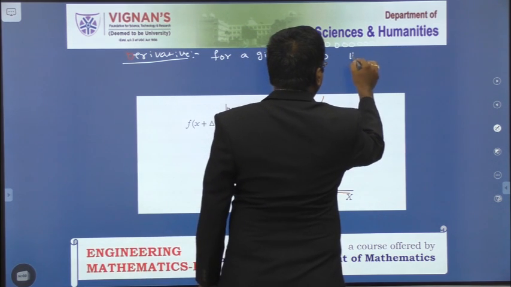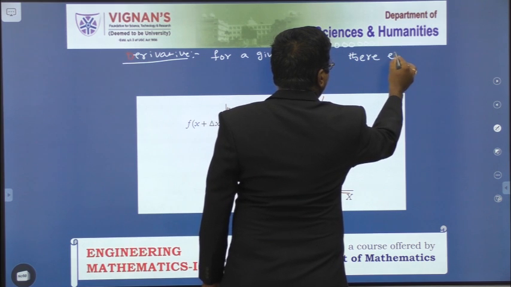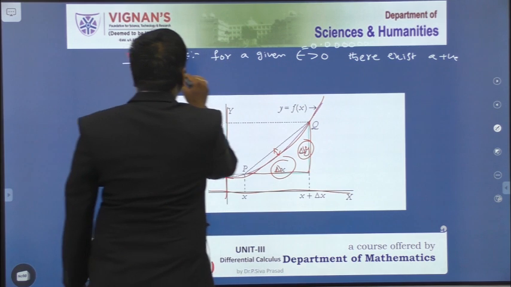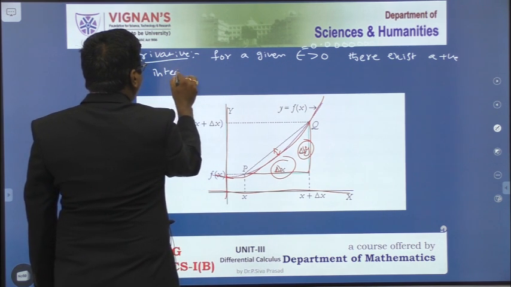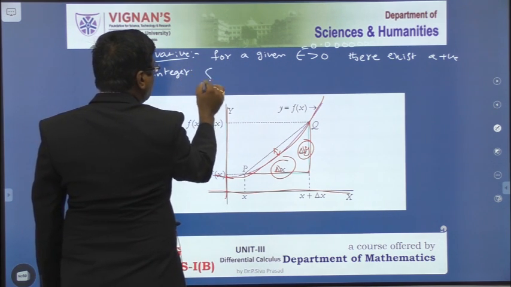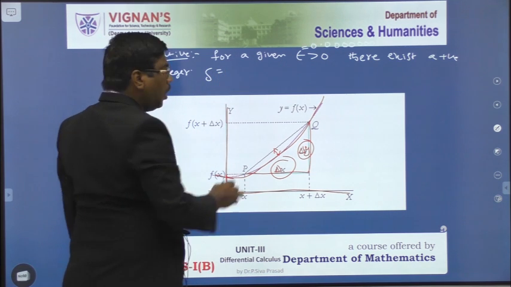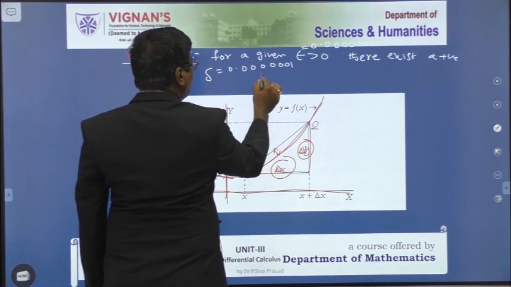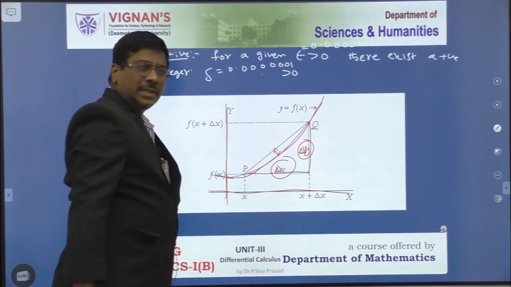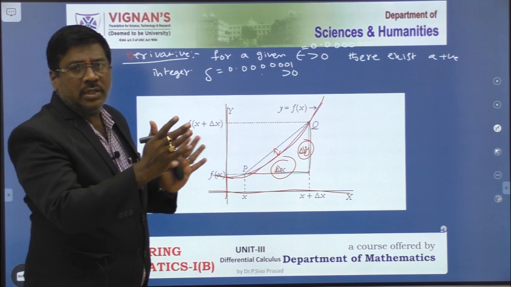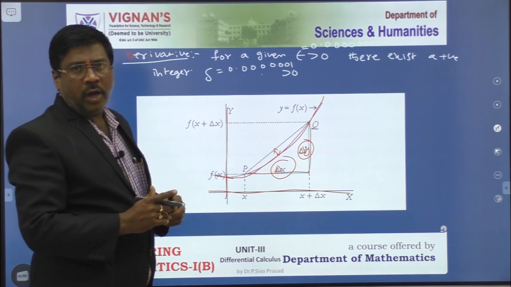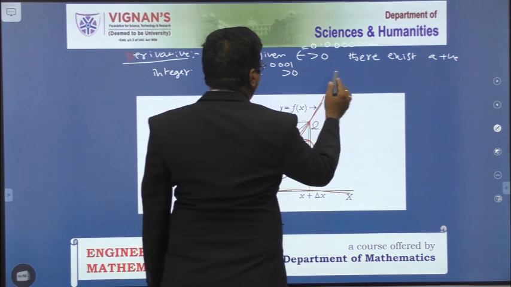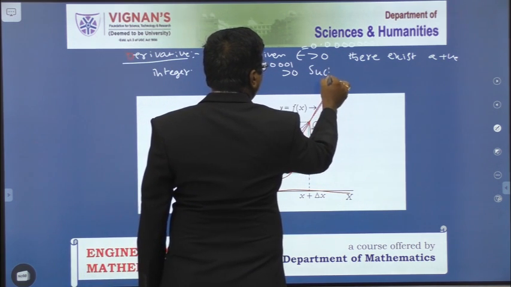There exists a positive number delta, also something like 0.000000 something one, a negligible value which is also greater than 0. So there exists a positive number delta greater than 0 such that